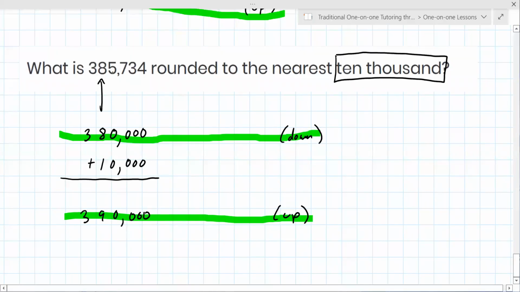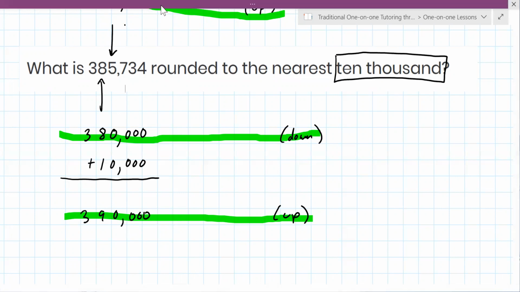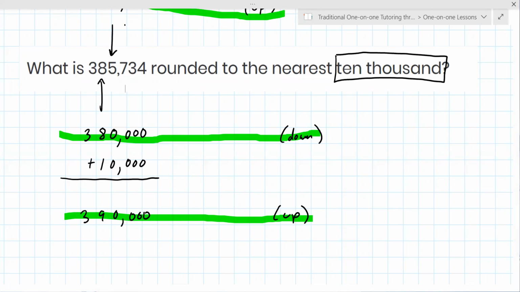Okay. Now, which digit do you look at to decide whether to round up or down? The one to the right. Okay, and what is that? What is that digit to the right? 5. So do you round this up or down? Up. So your answer is